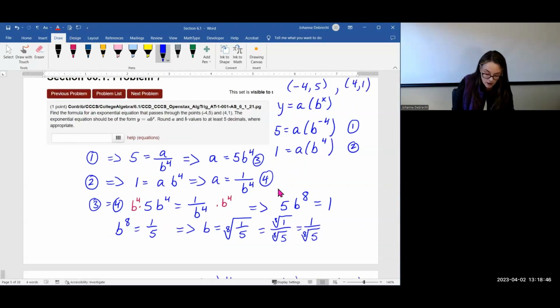So now I'm ready to write my equation up here. So I have y equals, or f of x equals, and it says in the form y equals, so we'll put y equals the square root of 5 times 1 over the 8th root of 5 raised to the x